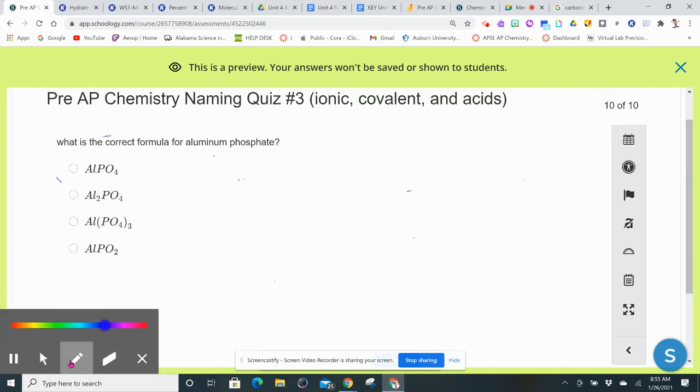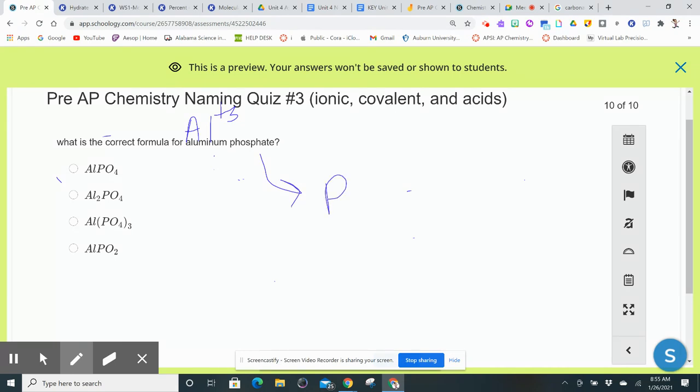Okay. Aluminum phosphate. So aluminum is Al. What's the charge on aluminum? +3. Is it a metal? Yes. Phosphate. What is phosphate? Polyatomic ion, and it's PO4 with a -3 charge. So they balance each other out, right? So I just need one of each, which means